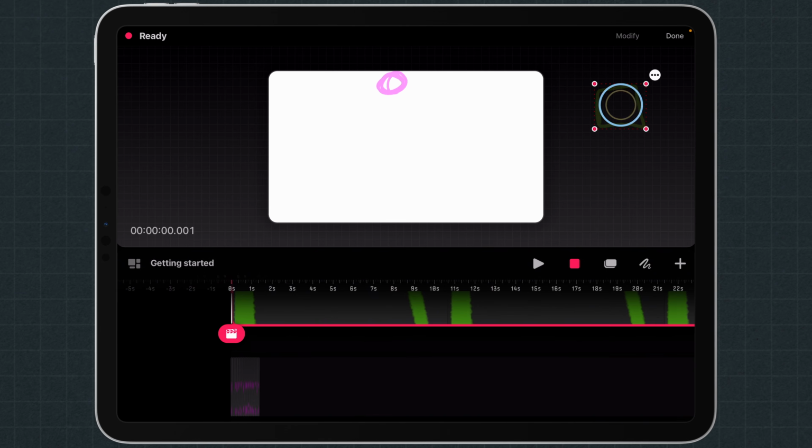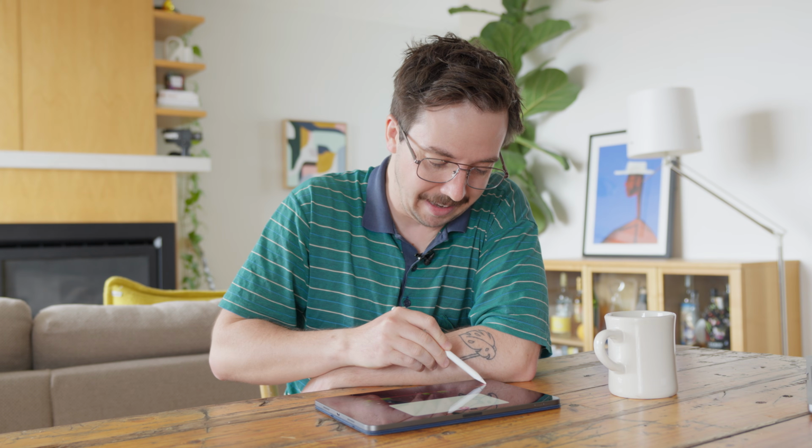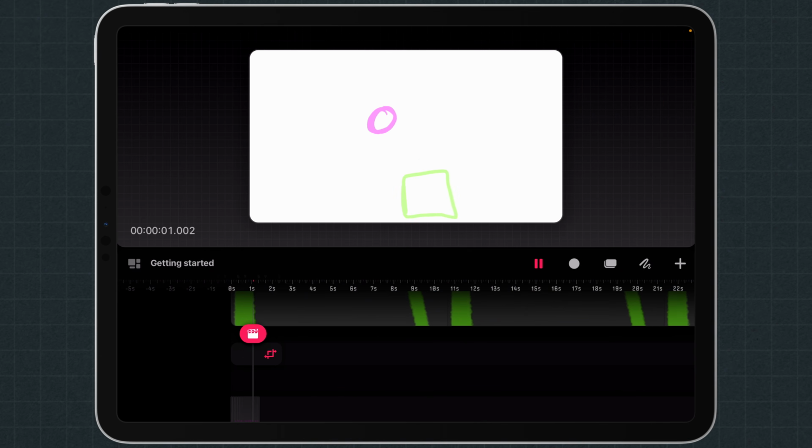So how about I just grab this and boing and do that. Again, we're going very basic, boing, great. We're going to hit done here and then I'm going to go back and we're going to play it and you'll see exactly what I mean. So now it has tracked that motion, boing, and we've got an animation happening where the ball bounces frame by frame, but then the square comes in and it bounces because we've dragged that across.